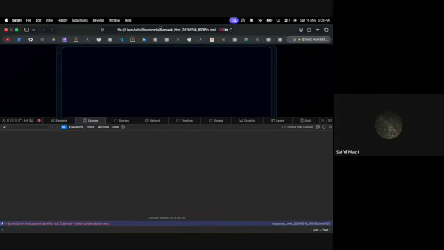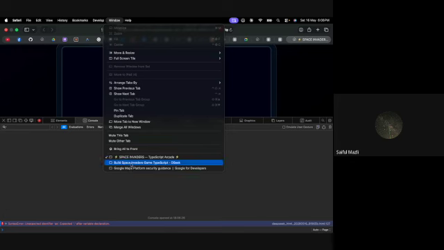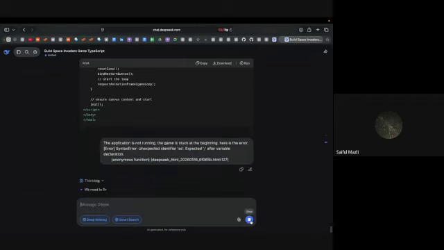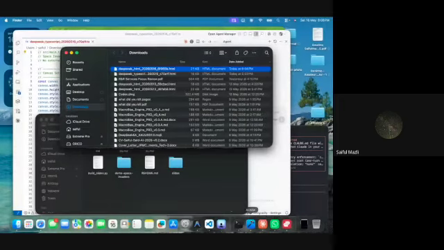Copy selected, go back here, and here is the error. There you go. Now it's going to go fix it.